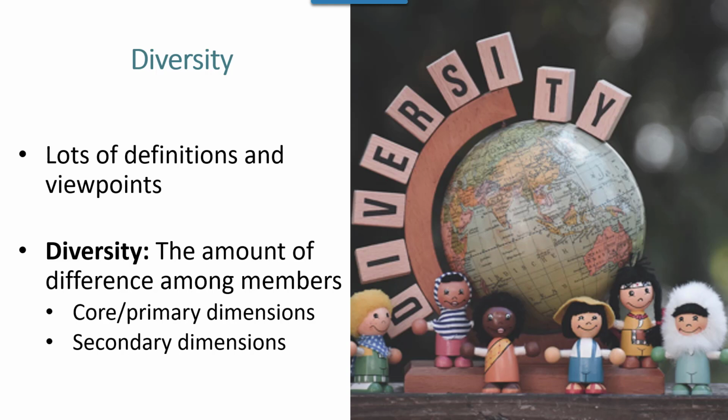Core or primary dimensions of diversity include age, ethnicity, gender, mental, physical abilities and characteristics, race, and sexual orientation. Secondary dimensions include communication style, education, family status, military experience, religion, language, location, income, work experience, and work style. Primary dimensions are more powerful and less changeable, and many are categories protected by laws in the United States. Secondary dimensions can change. They're less visible and are typically less influential in impact.